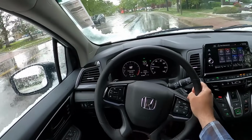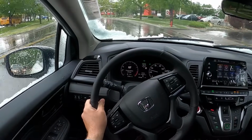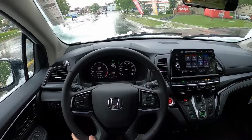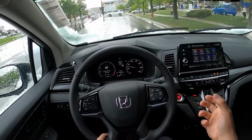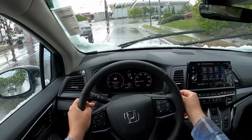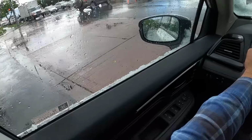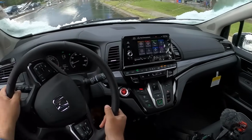Handles pretty well too. Steering's very light. The thing I like about minivans is they have such a long wheelbase, but they're also pretty low to the ground. And so they actually corner really flat because of that. If you're going around a corner at, I'm not talking about super high speed, but at a higher speed,